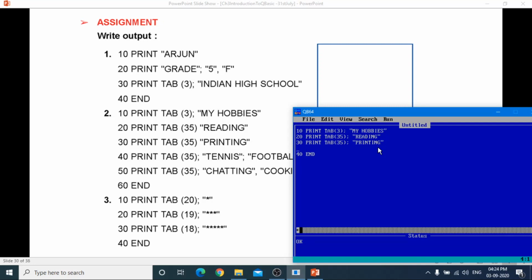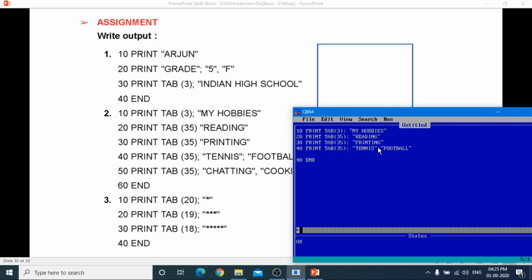Okay, next 40, print tab 35 semicolon tennis. Then semicolon, then football.